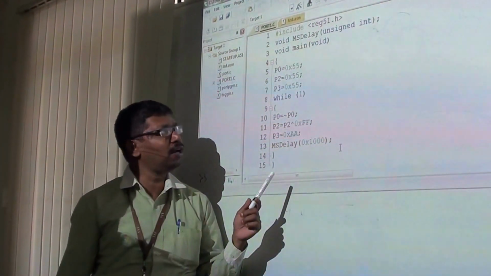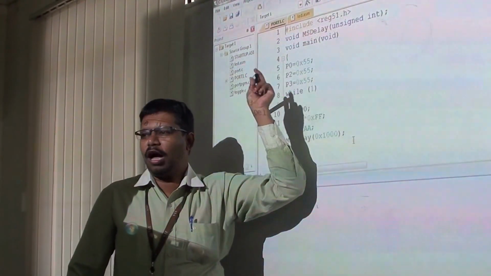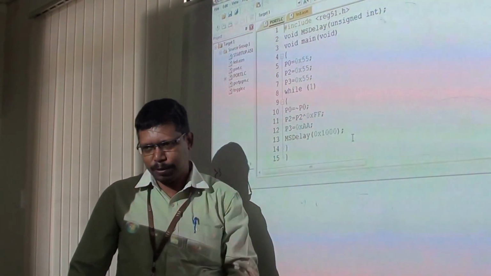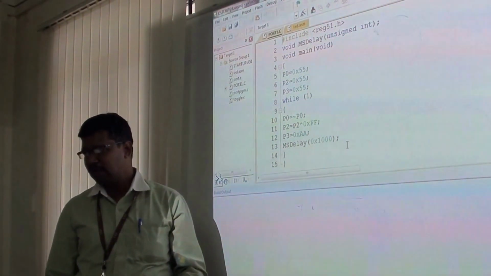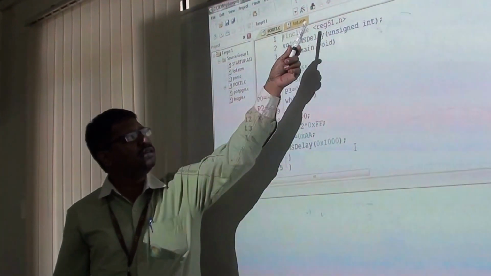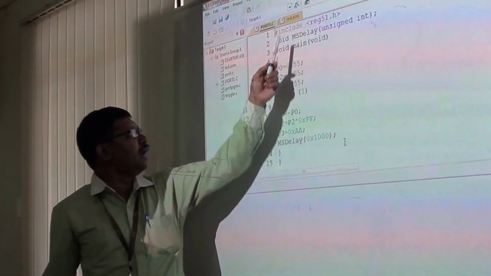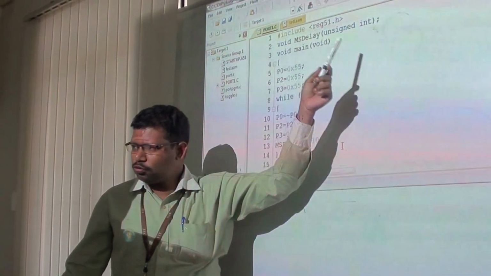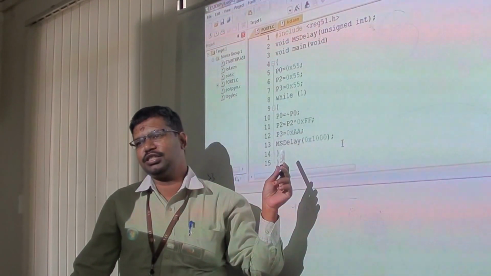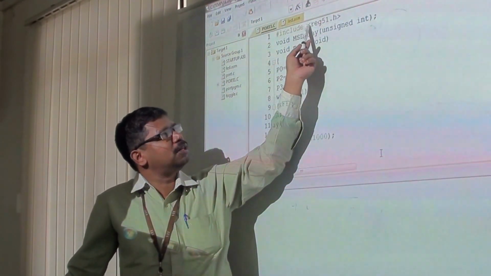The need of this header file is to inform the tool that we are going to have a target based on 8051, and whatever register configuration has to be done will be automated or has been developed in this particular header file. This header file has all the information related to how we are going to write the program, where the registers have been configured, and what the pin numbers for the ports are.